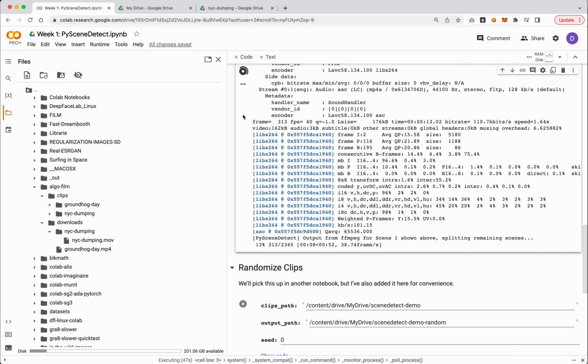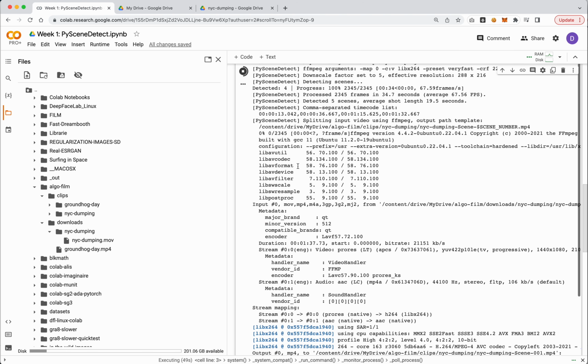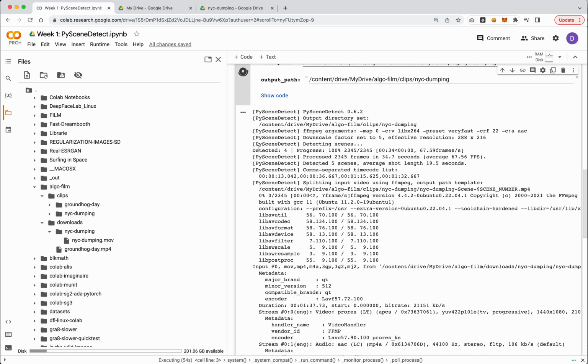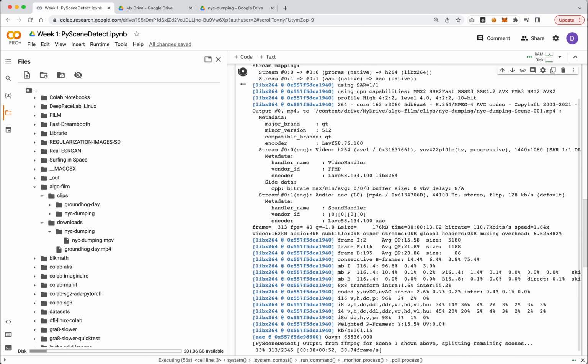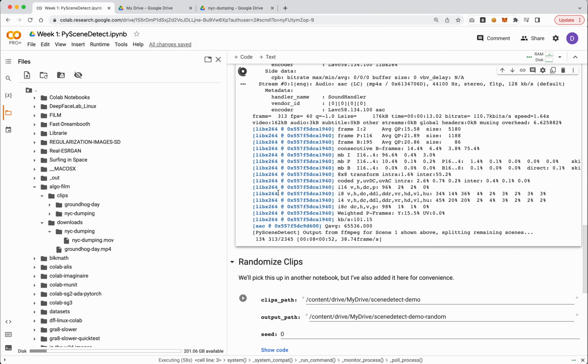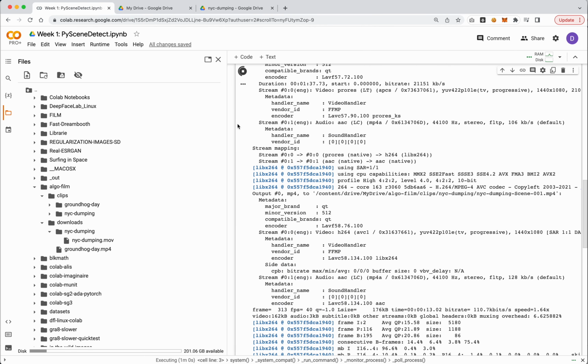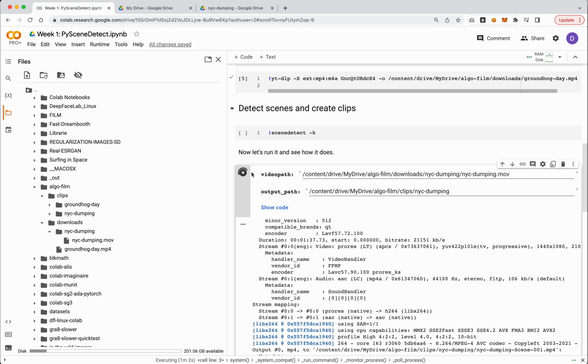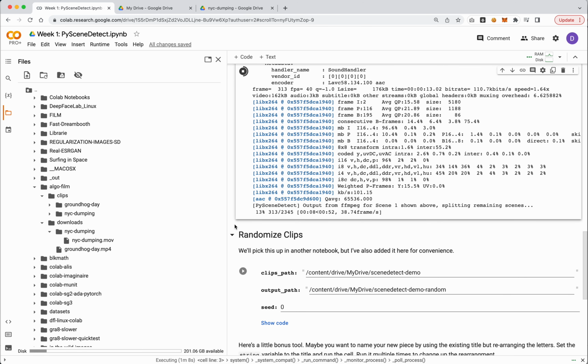I know a lot of this output looks kind of like, oh my god, what is this, for those of you not used to coding or that sort of thing, but don't worry about it. Unless you see something that's bright red that says error, that's the only thing to really worry about. Or if you get an error message where it puts a red circle around our cell. In general, this tool should work as expected. And by the looks of it, it should only take about a minute. So let's see what we get when we're done here.